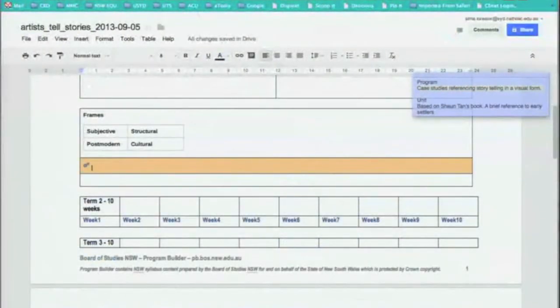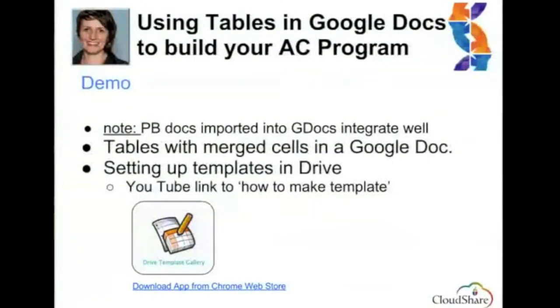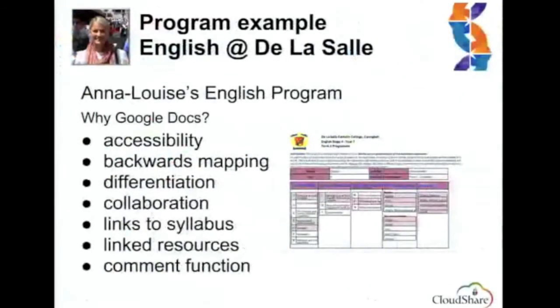The good news is that this session is being recorded, so that you'll be able to go and watch the video and watch what Alma did, that little trick about changing the font size and that sort of thing. And please email me if you have any questions, because there's quite a lot more that you can do. I've just given you a link to some templates in Drive. If anyone's made a template that you want to use, you can do that. But it is ideal that you start in Program Builder and design your own units and then share them with people you work with. I want to now throw over to